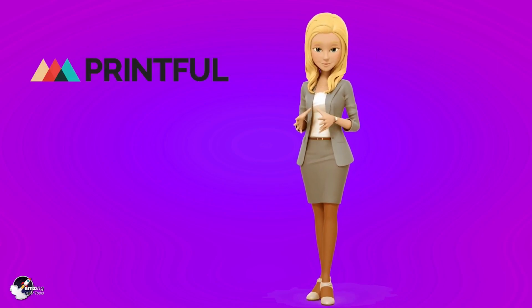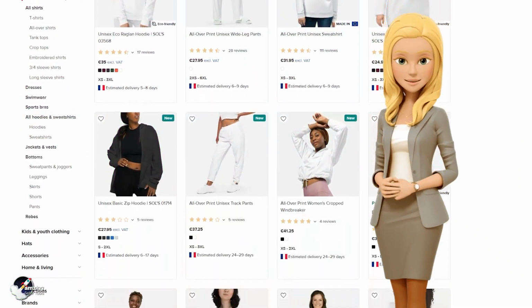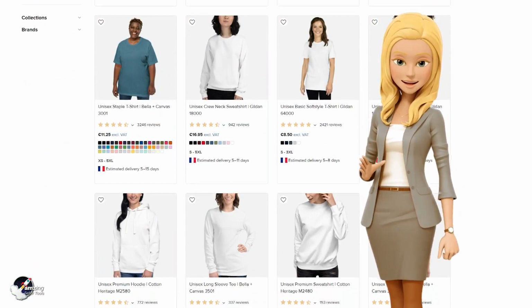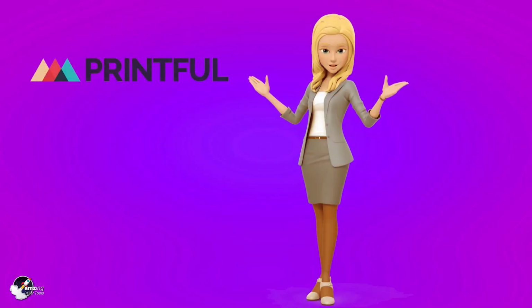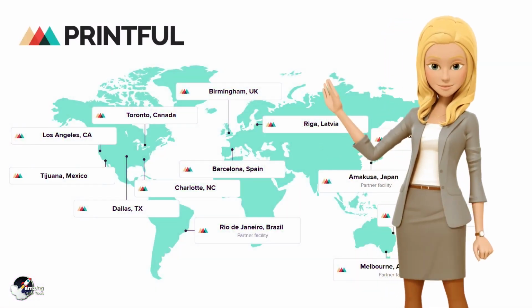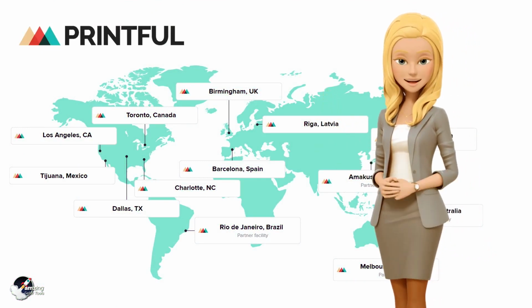This typically takes 2 to 5 days for printing and packaging, and depending on the customer's address, shipping time can range from 1 to 8 days in the US and Europe. One of Printful's strengths is that its turnaround time is considered very competitive in the print-on-demand world. Printful has reduced delivery times by building distribution centers in the US and Europe, as well as by partnering with